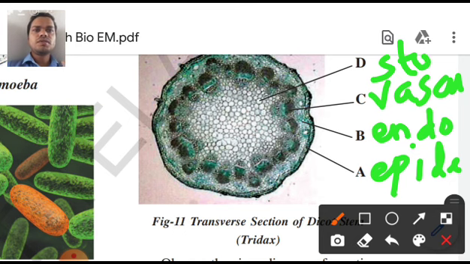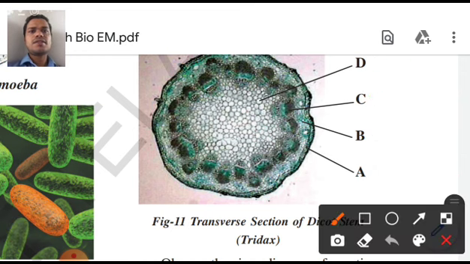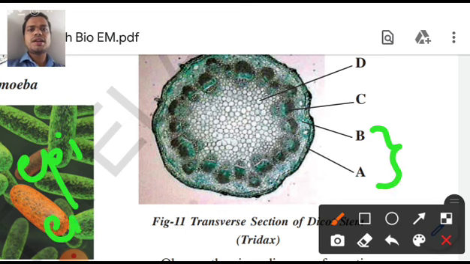Now you may be confused about what these things are. All new things are here. Sorry for saying new words here. You don't get confused. Slowly, while you are entering into the lesson, you will understand everything. Okay, now let me explain some words here. I said these two, epidermis and endodermis. What is the meaning of epi?